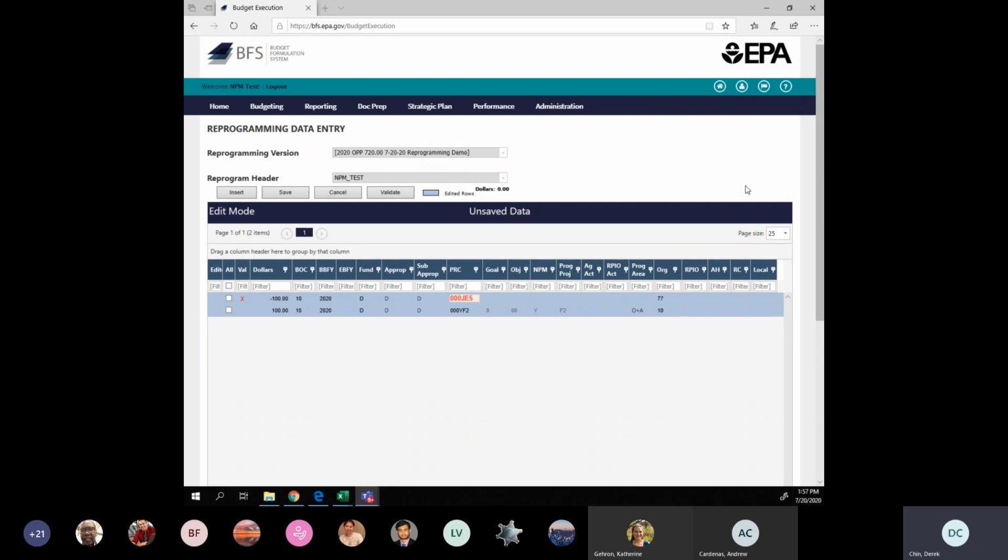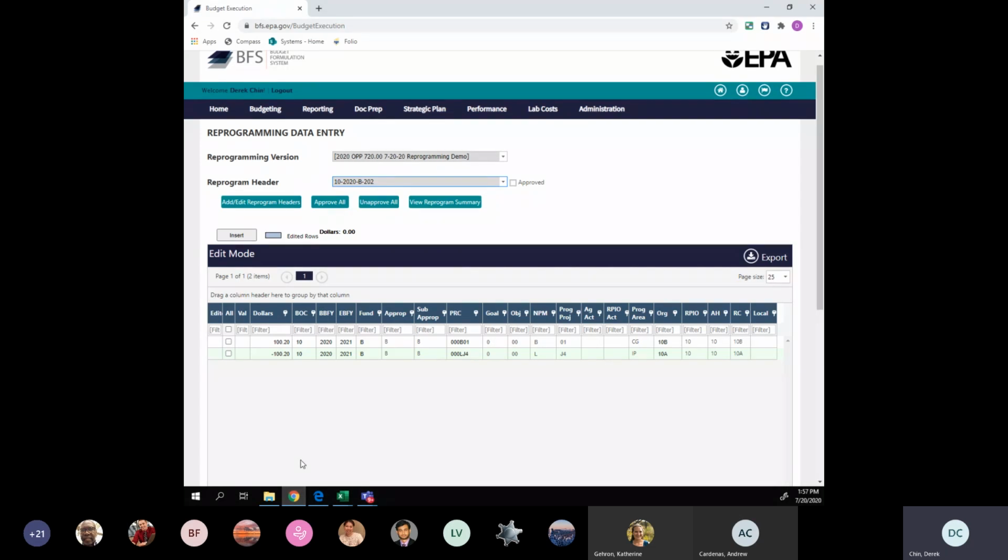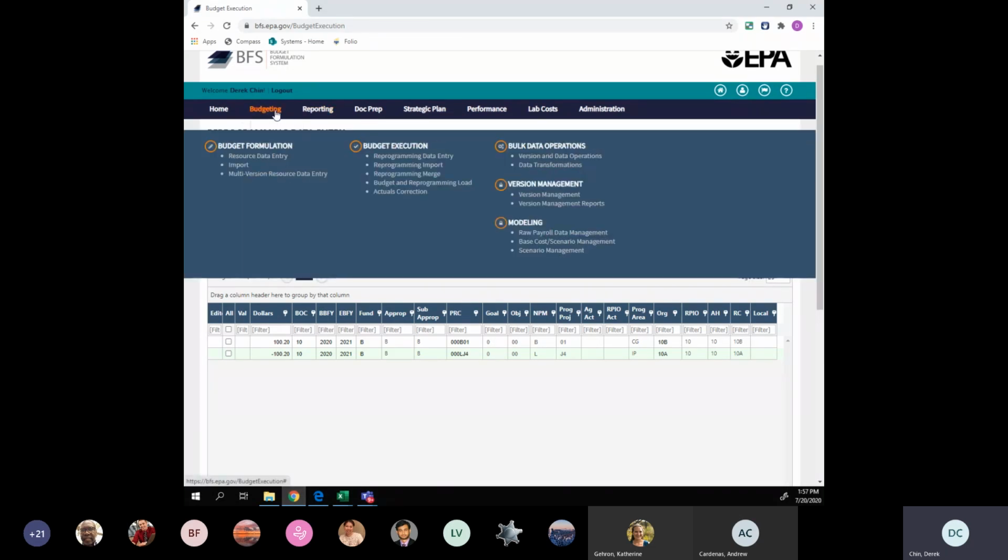Okay, if not, let's go to reprogramming import. So this is the second way to enter data into the reprogramming module. If you go up to the top again, where it says budgeting, we'll go under budget execution, and under budget execution is the reprogramming import. And if we go ahead and click on that,